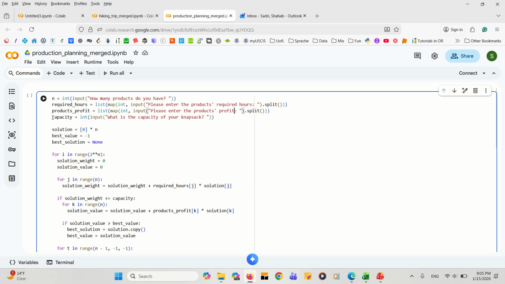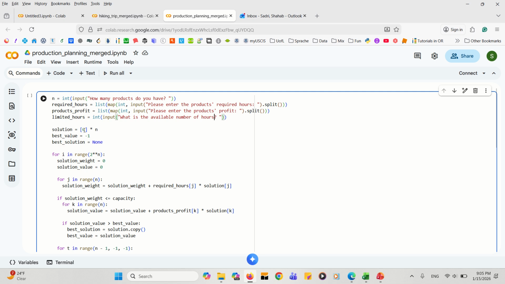And finally, instead of capacity, we can replace this one with limited hours, or the hours that we had, or any other wording that you prefer, such as the available number of hours. And then we have the solution, we have the best value, we have the best solution,